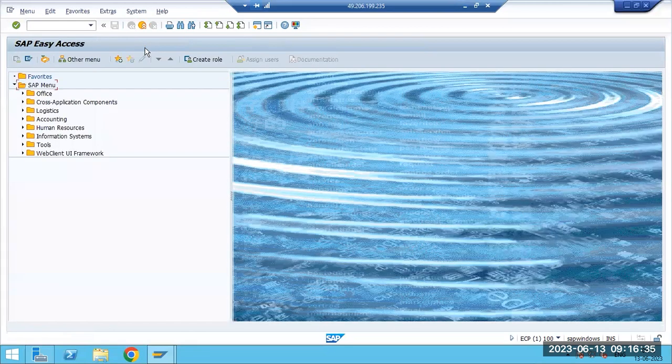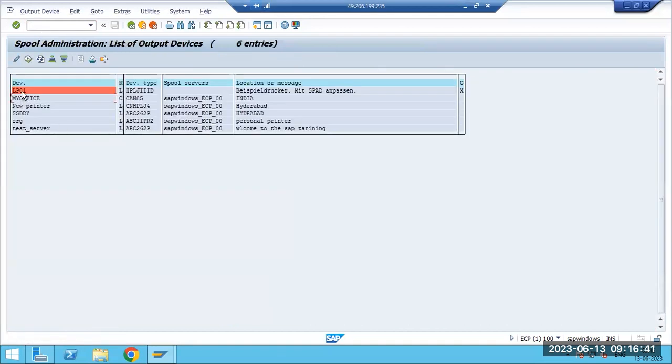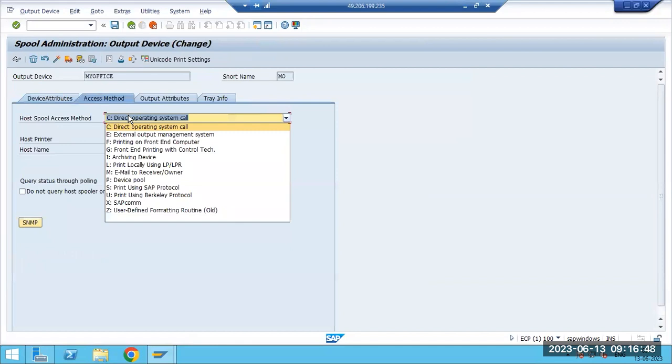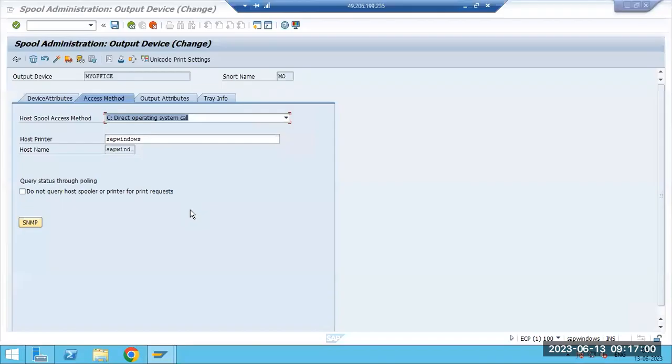Okay, so like this we can configure our printer devices in the system here. This is the access method. T means we can use it with Windows. U means it is for the Unix operating system. Suppose you are using L. L means, you can see here,